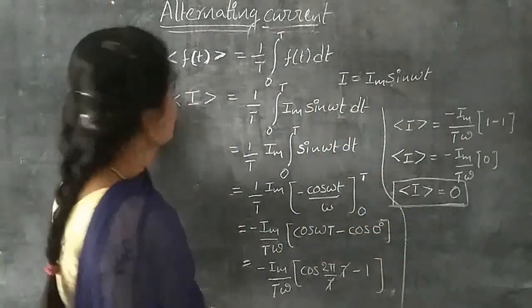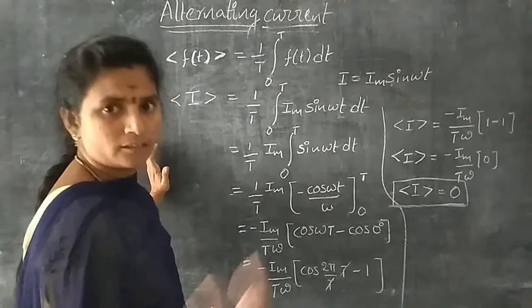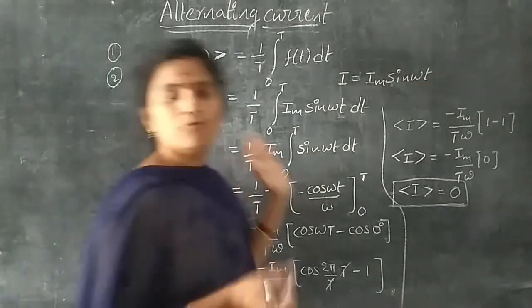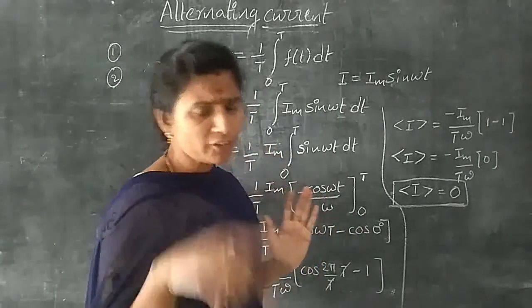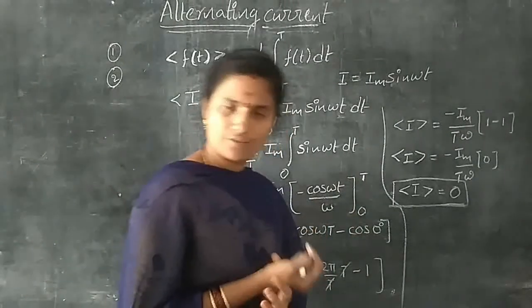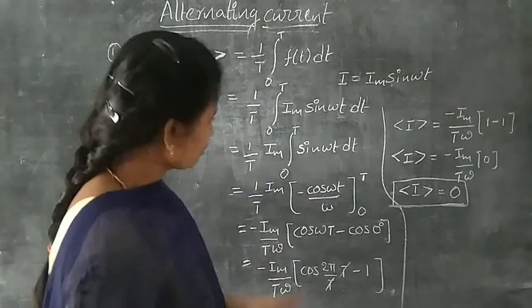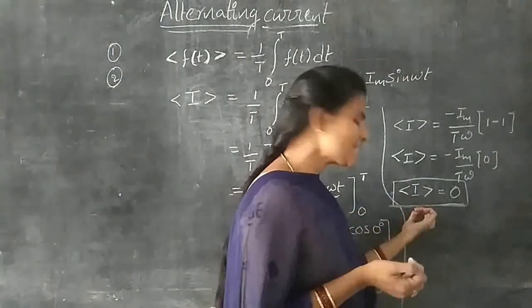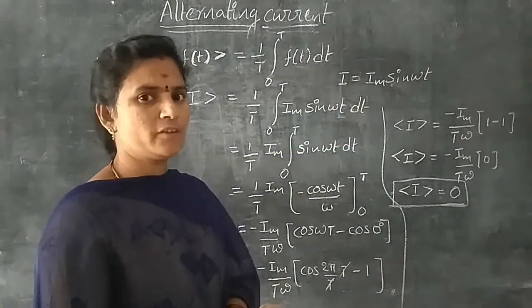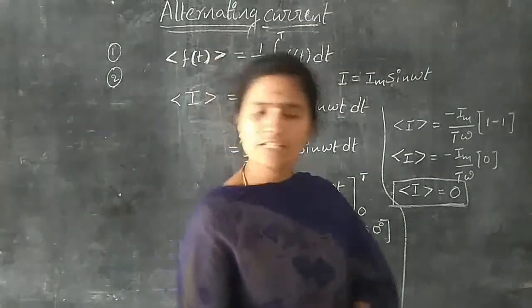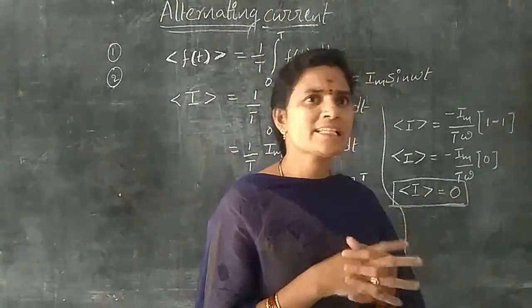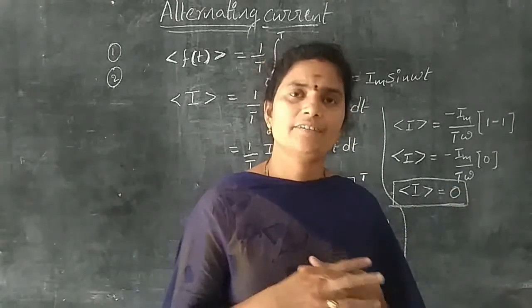So this is the derivation: for one complete oscillation, what is the average current? If the average current is 0, then what is the power? Is the power 0? No. In household appliances, with AC current...